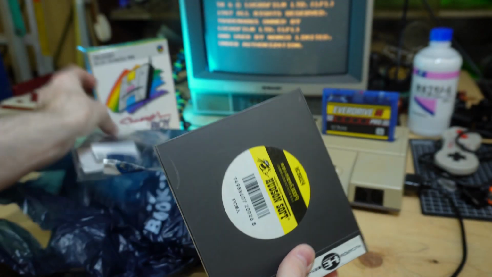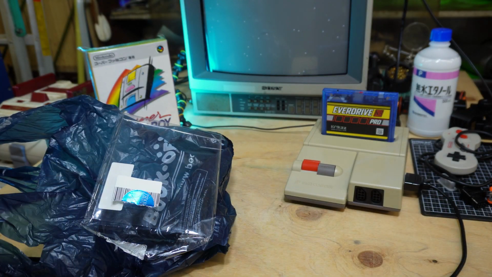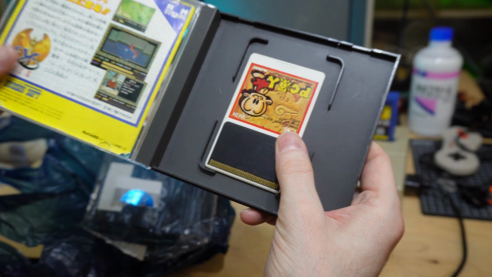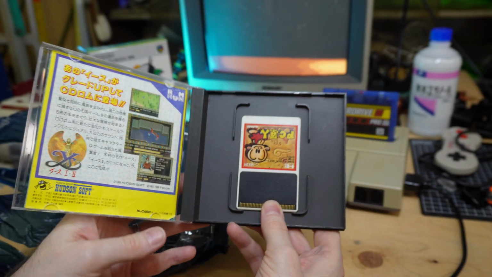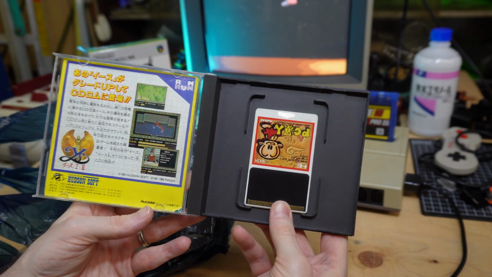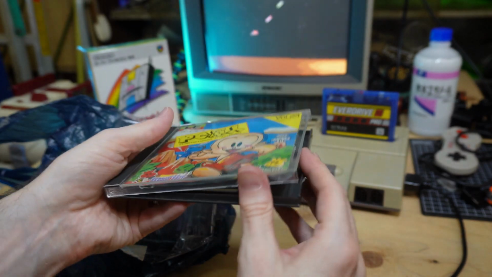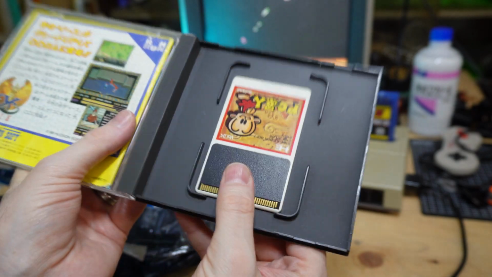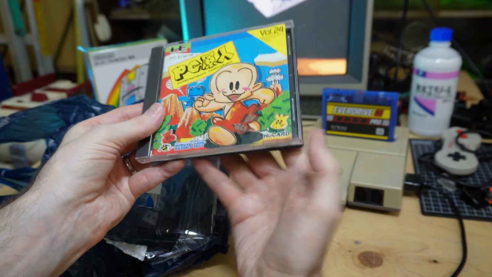Let's see. Oh, it is on the floor now. All right. So yes, it doesn't have that little case. That's a real shame. But it's complete mostly. It doesn't have the little, what do you call it? The little, why does that not want to close? Why doesn't that want to close? That's weird. It's very odd why that doesn't want to close. Anyways,